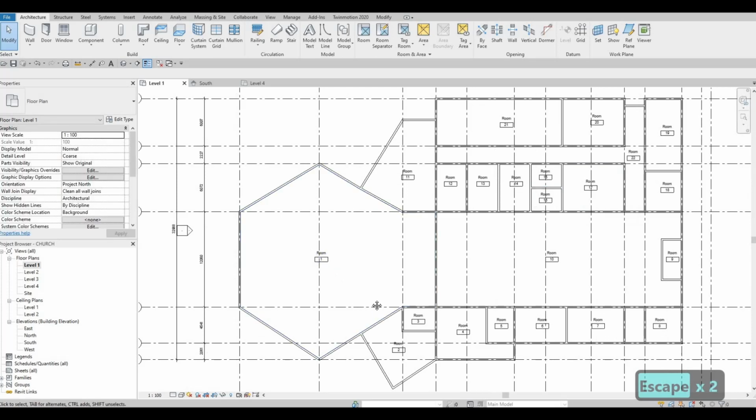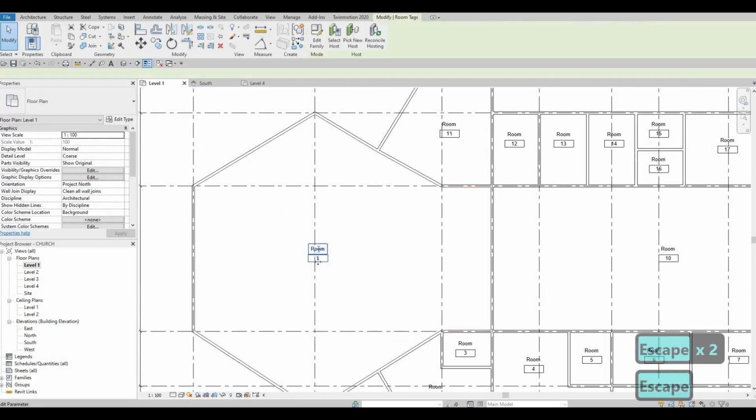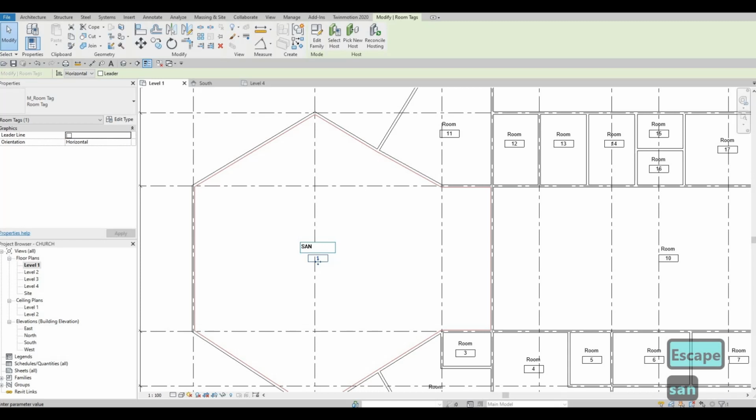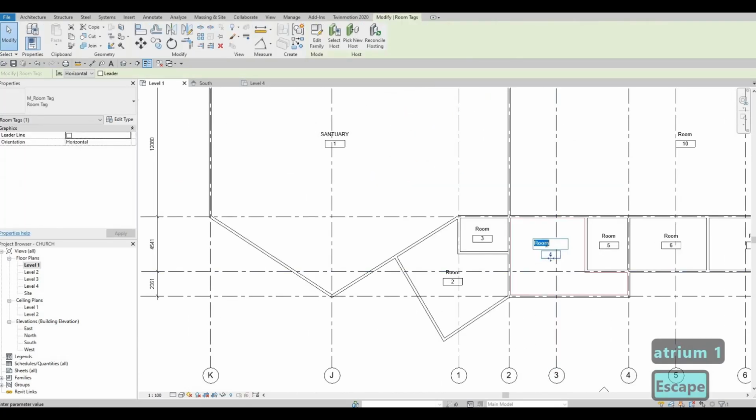So now this is the sanctuary. And then here atrium 1, and then we have atrium 2,